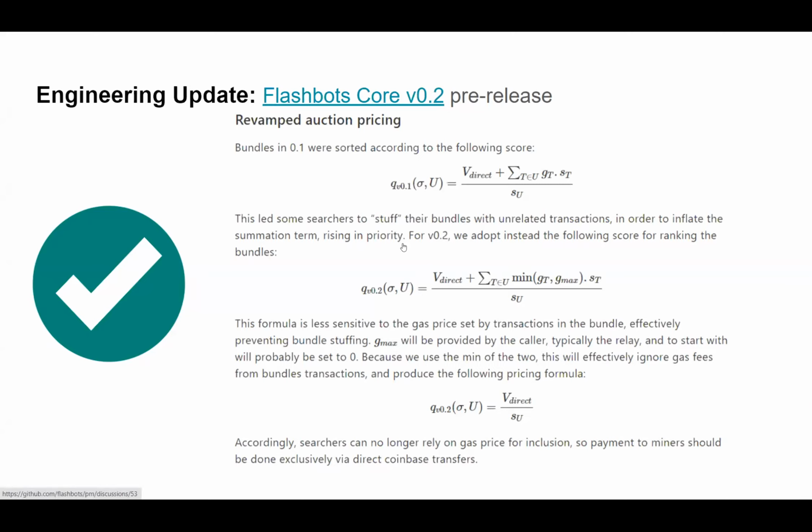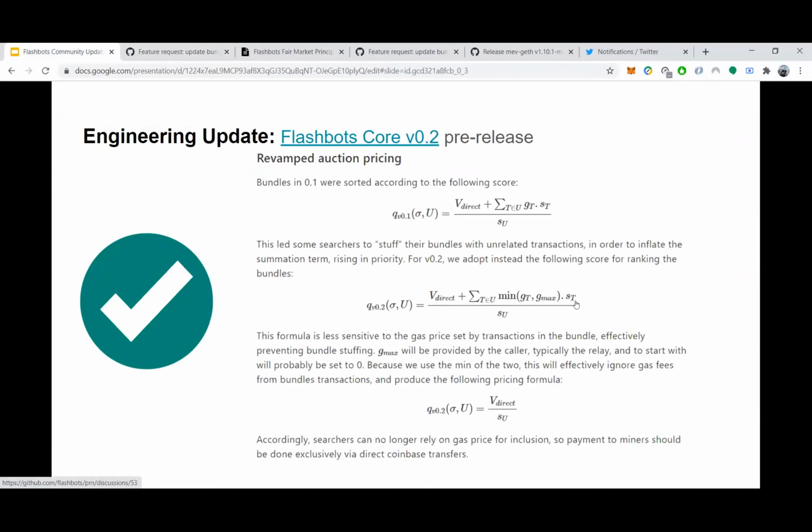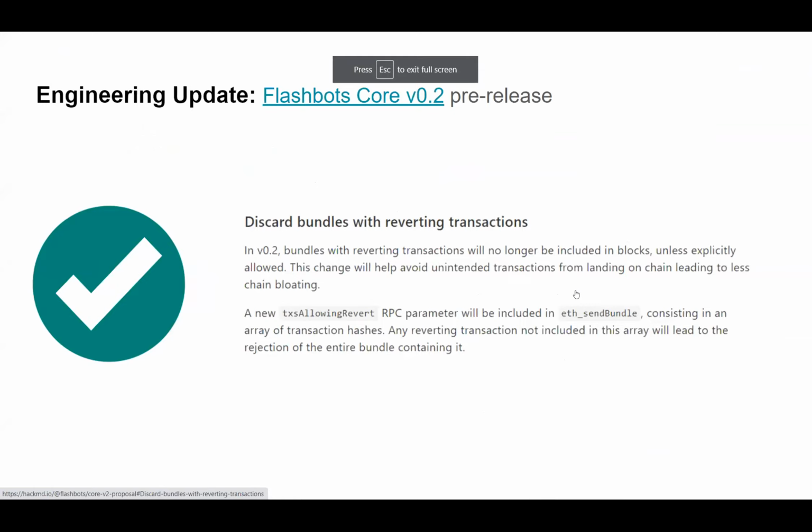So the second change is on bundle reversions. This is an issue where there could be some non-deterministic behavior based off of branching code paths. I think Robert had a great example of that, of a sandwich trader being targeted by both Salmonella tokens and, I don't remember the name of the second version, I think the YOLO chain token. They would both cause reverts in the bundles that were unexpected and weren't being caught through simulation.